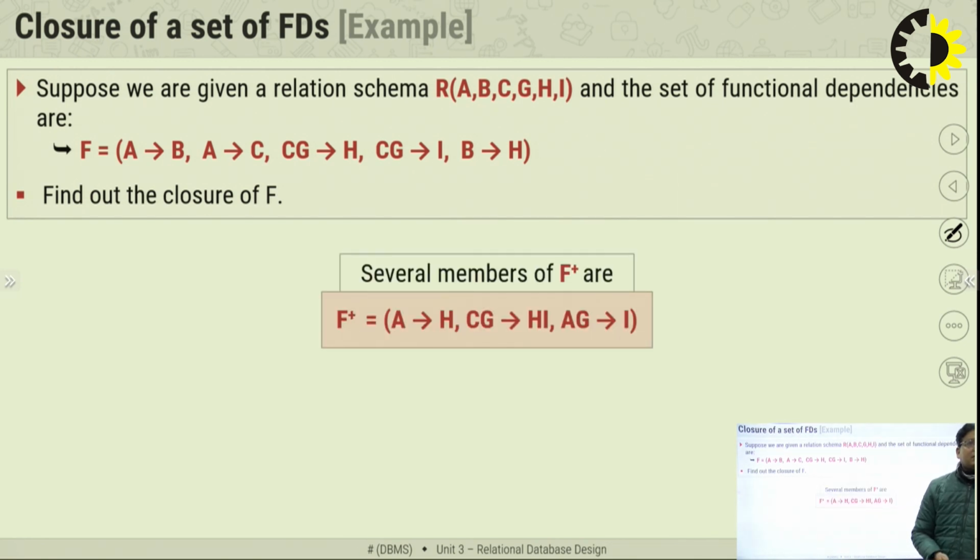Now this is the set of FDs that we have derived here. In this example, A determines H, CG determines HI and AG determines I. So this is the closure of set of FDs that we have determined for this particular example. Likewise,